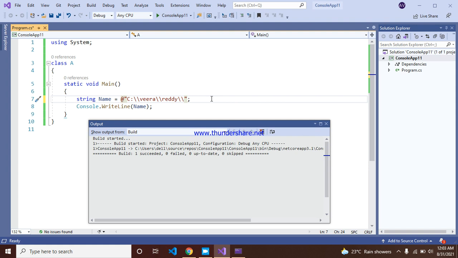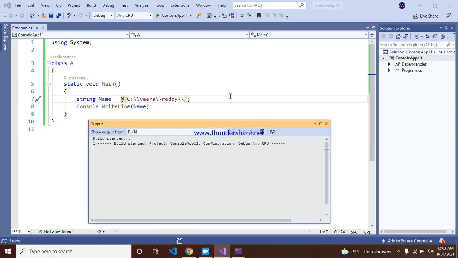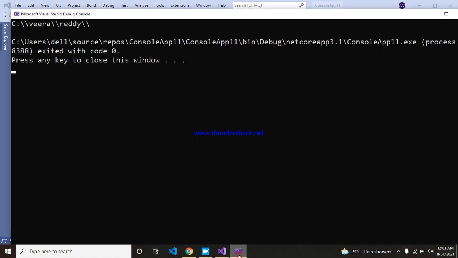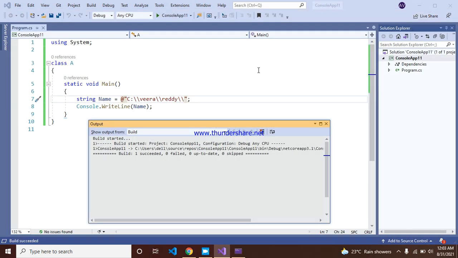First, let's check. You can use the @ symbol in front of your string. Instead of using escape sequences, we use the @ symbol in front. You get the total of whatever you write inside the string, and it doesn't escape anything. Print all this. Please press Control F5. Yeah, you got this. This is the main difference between escape sequences and verbatim literals.